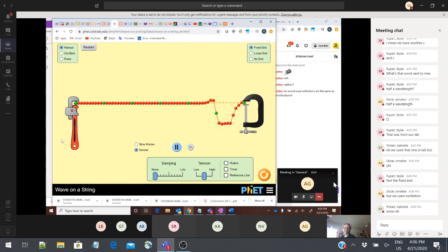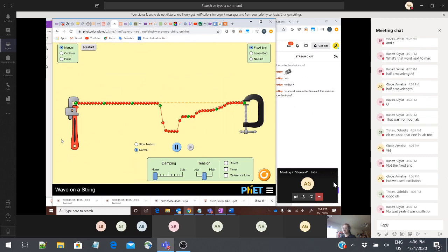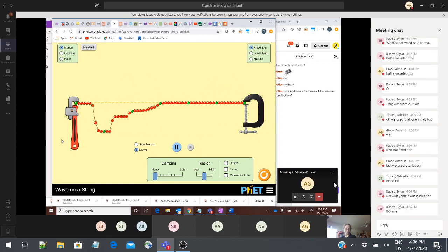Use oscillation, okay. Tell me what's happening here when it reaches the end. The sound wave reflections act the same as light reflections. Yes, in terms of this, yes. There's some subtleties in terms of what's physically happening being different, but they do this. They flip upside down. Yeah. So what's happening here? When a wave reaches a fixed end, it will reflect, but, okay, bounce, but,